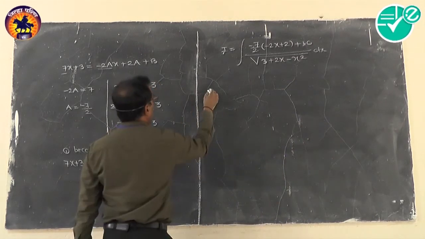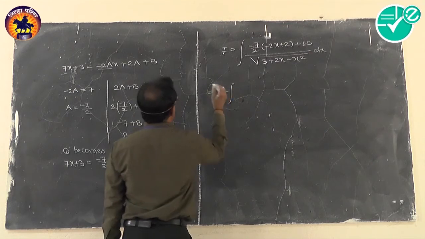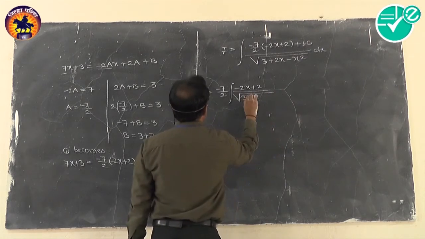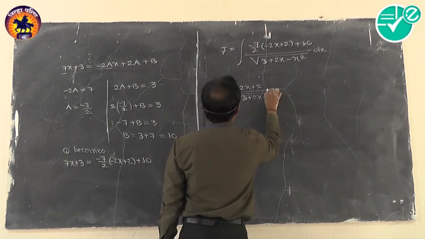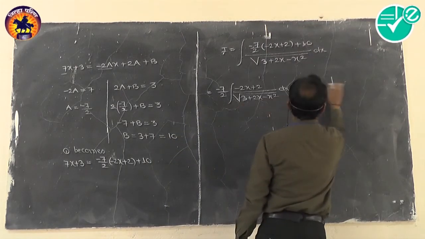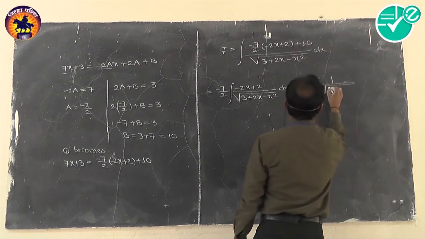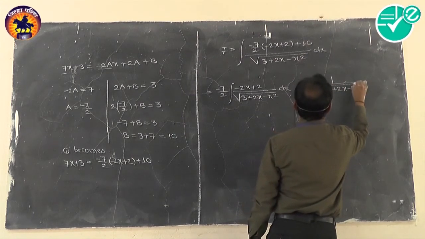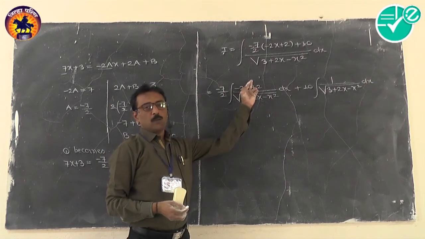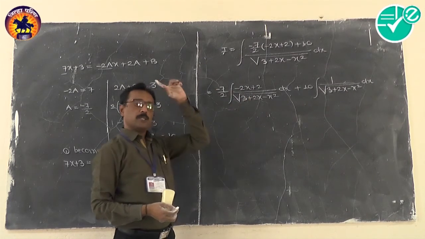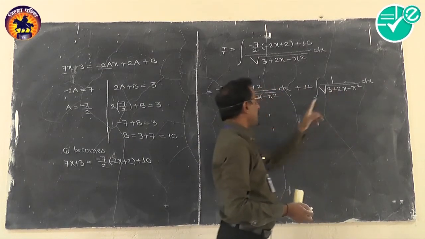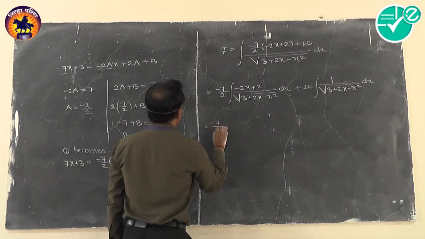Now we'll split this one. Constants you have to take outside. Minus 7 by 2 is taken outside: minus 2x plus 2 upon square root of 3 plus 2x minus x square dx. That 10 is constant, take outside, remaining is 1 upon square root of 3 plus 2x minus x square dx. I think the derivative of the denominator is in the numerator, so the answer of this one is by corollary of method of substitution, that is 2 times square root, and for the 10 we use the add 1 subtract 1 facility and complete the problem. We will take the next problem now.